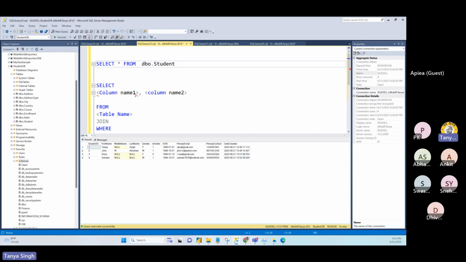So the second thing that we're talking about: select star means whatever the columns are there, that will come, right? And one more thing, a very good practice when you are querying the production database, is to use the NOLOCK hint. NOLOCK is very important because when you are querying on the production data, usually you don't, because you work on the lower environment data first and then you go on the production. But if you are querying on the production data, use NOLOCK so that unintentionally you're not blocking